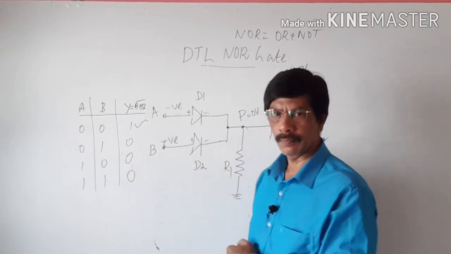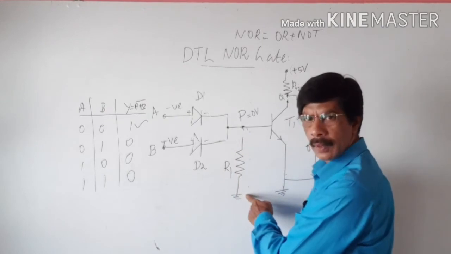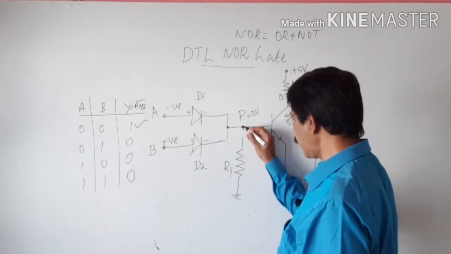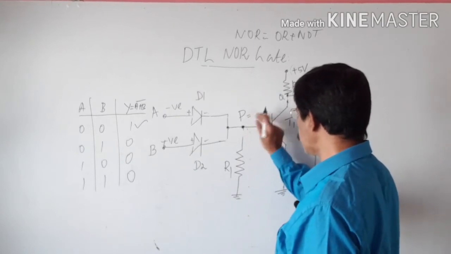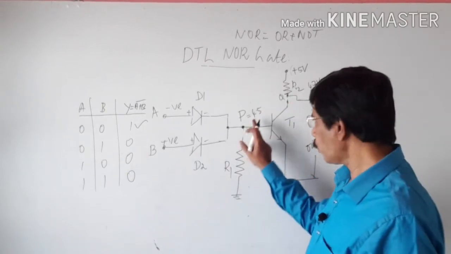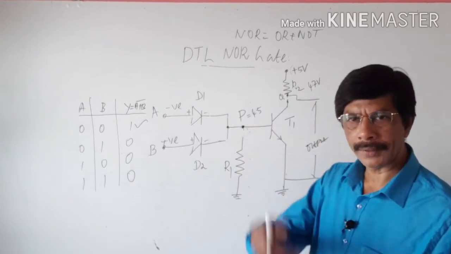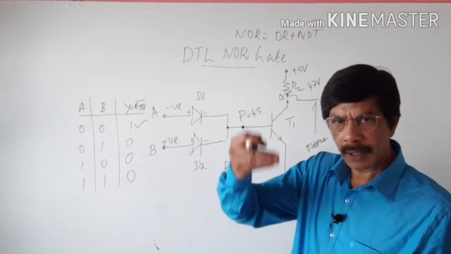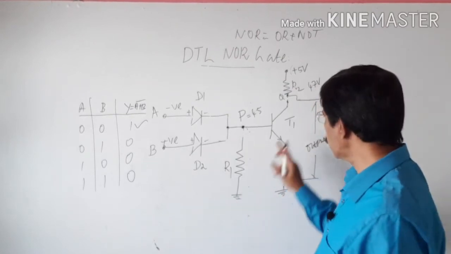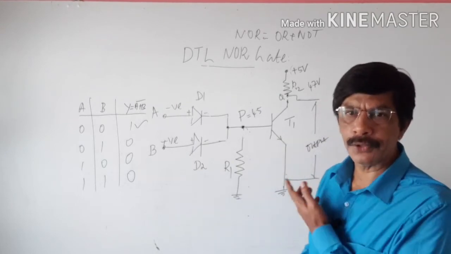Current starts to flow. That current passing through the resistor R1 causes a voltage drop. Therefore, the voltage at this point with respect to ground is almost equal to 4.5 volt. This 4.5 volt switches on the transistor T1, which starts conducting. Conduction gradually increases and reaches the saturation limit. At that limit, this transistor is acting as a closed circuit because it is switched on.